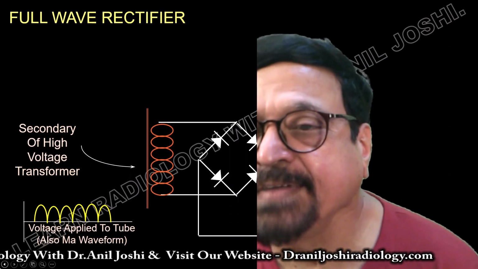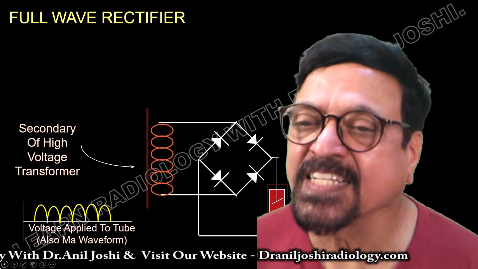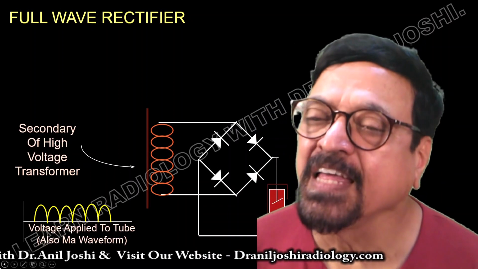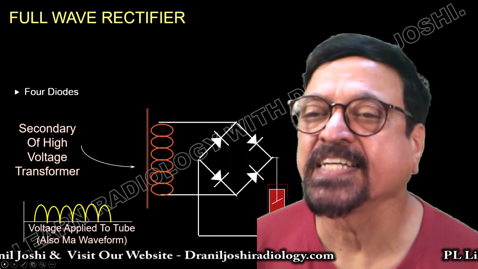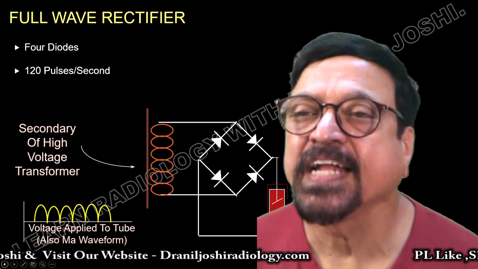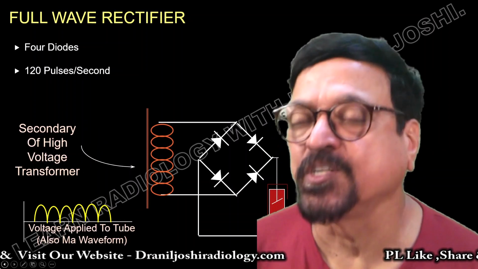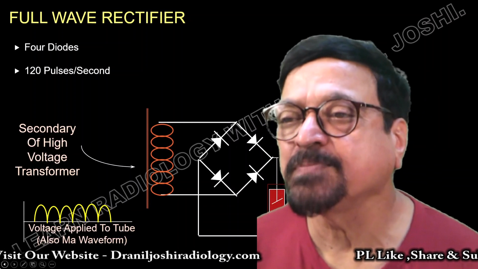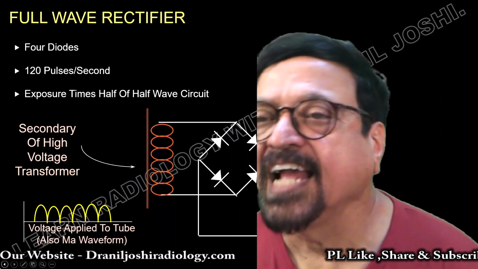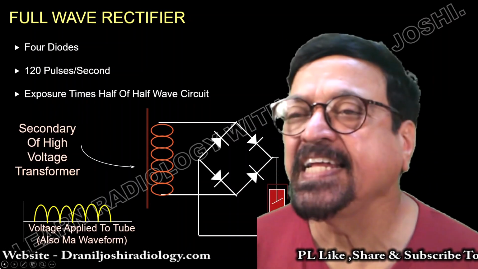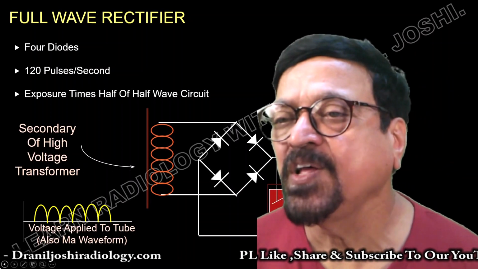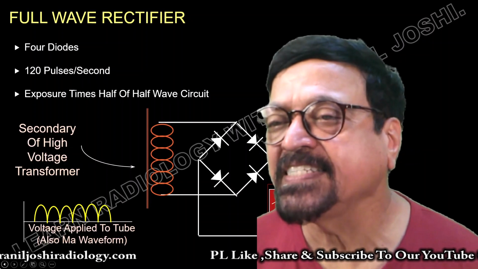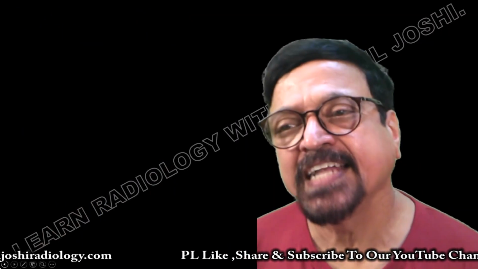So what we are achieving is the negative phase is converted into an effective positive wave that will have a continuous X-ray output. Now for that what have we used? We have used 4 diodes. Then we have 120 pulses per second, and the exposure time we need is half of the half wave circuit. So we have saved radiation, we have increased efficiency, we have utilized